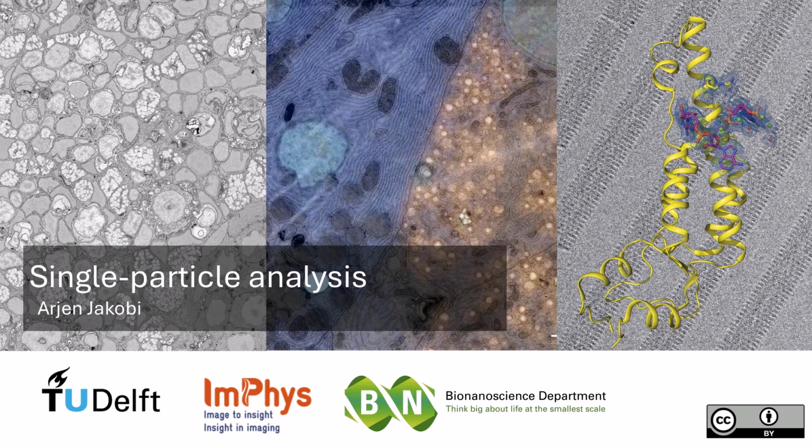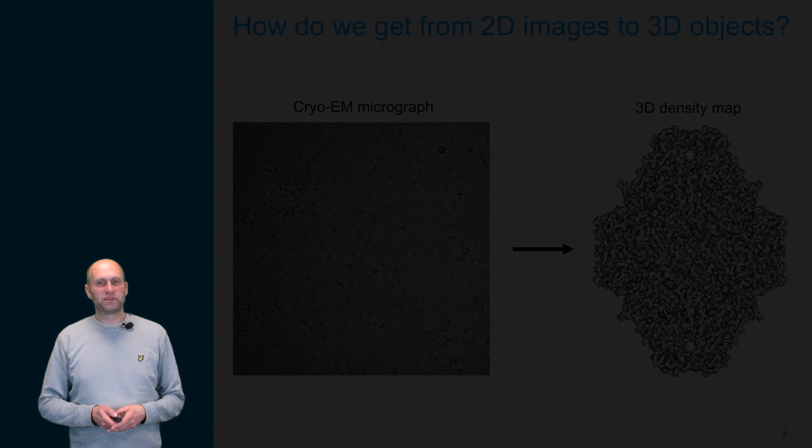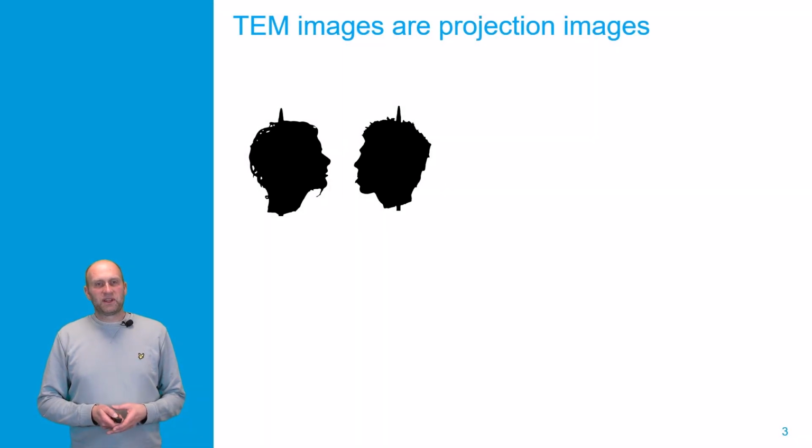Let's now have a look at the process of single particle analysis. What we're trying to understand is how we can get from the 2D cryo-EM micrographs that we have collected, which contain many instances of the molecules that we are trying to image, to a 3D reconstruction that represents the 3D structure of these molecules. What we need to understand for this process is that transmission electron microscopy images are projection